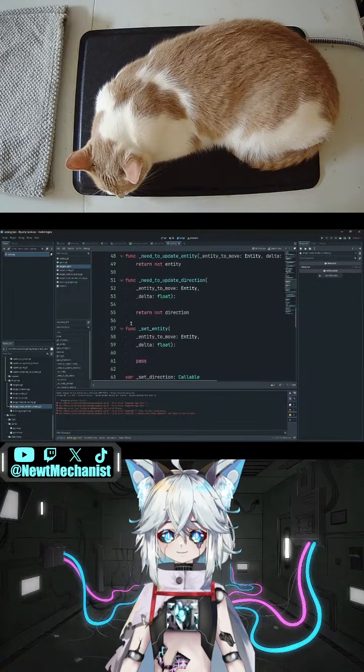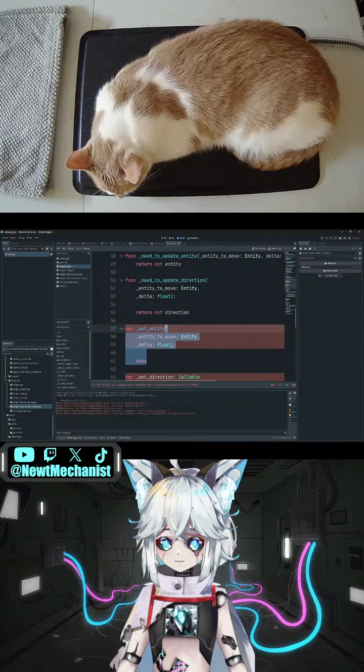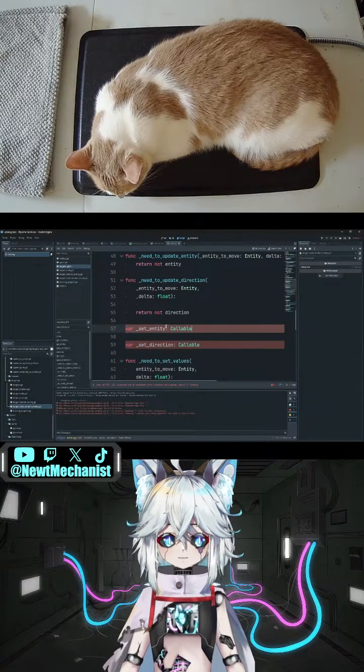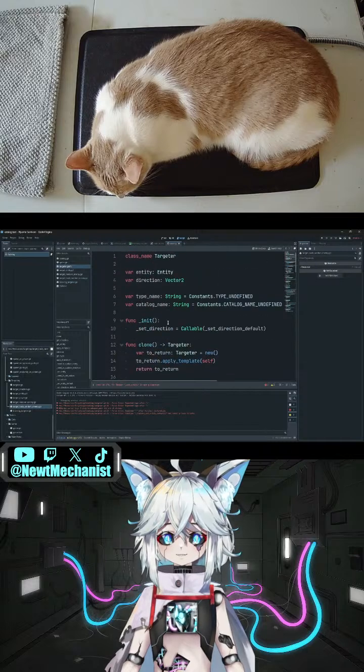Set entity does nothing by default, so this is now instead a variable, which is a callable. Now set entity